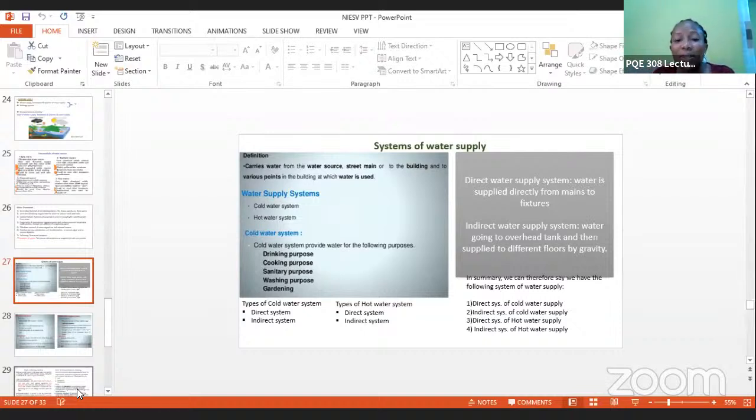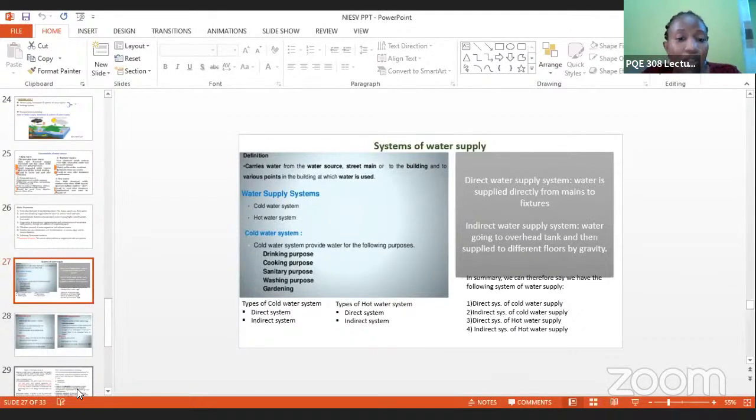But if your water gets stored in an overhead tank, before it is being moved to different floors, then you have an indirect. So I'm sure in most houses, we have indirect water supply system, because definitely after pumping it, we first store our water in a tank, before it is being supplied to different floors